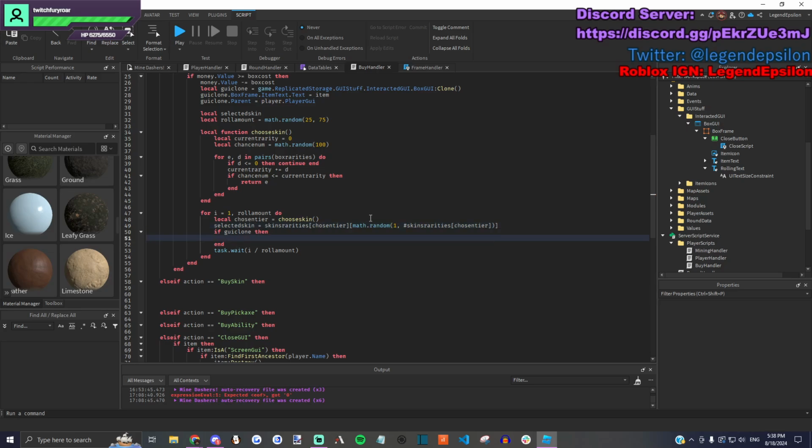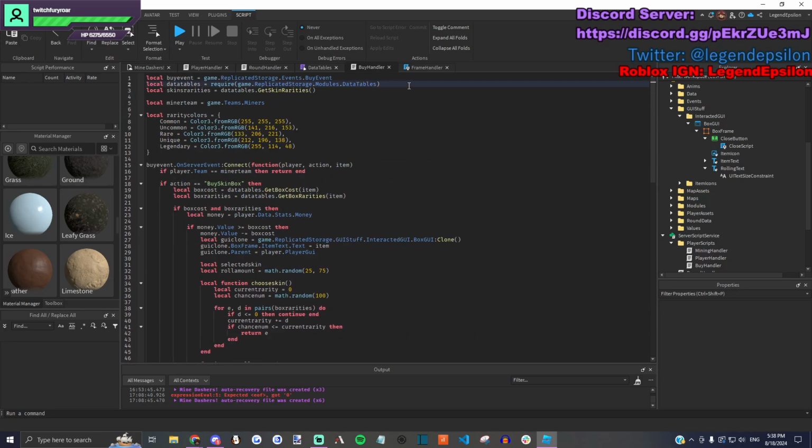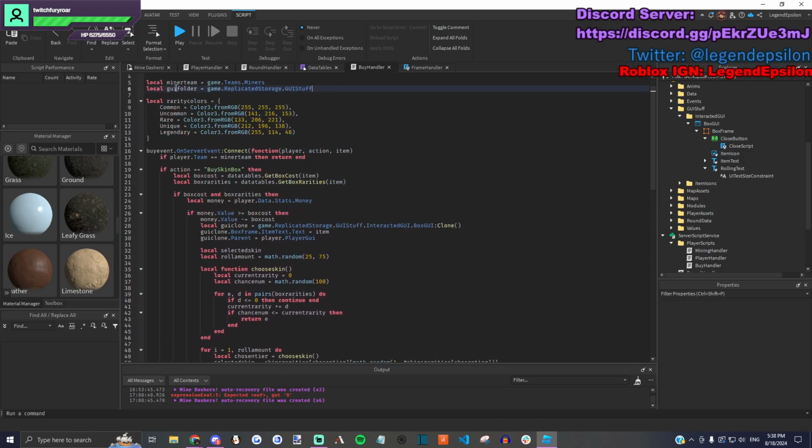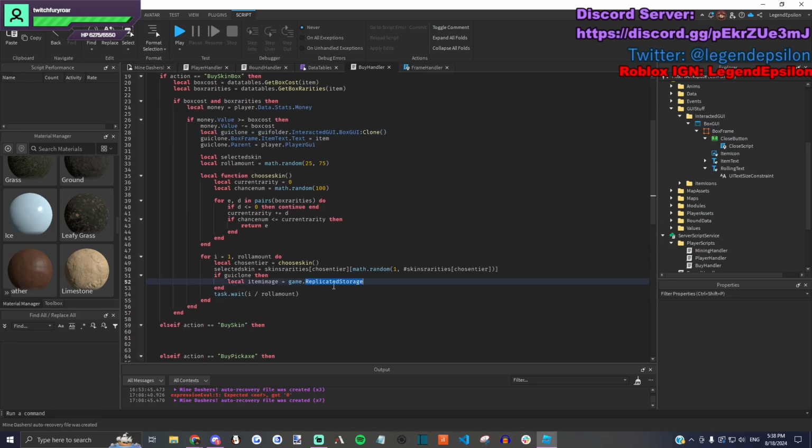Okay, now we'll do GUI clone dot box frame dot item icon dot image. We'll do local item image will be equal to game dot rep. I need to make a, okay, hang on. Local GUI folder is equal to game.rep.gui stuff. There. We're gonna grab this. We're gonna get rid of all these ugly long strings of GUI folder stuff. Okay, GUI folder